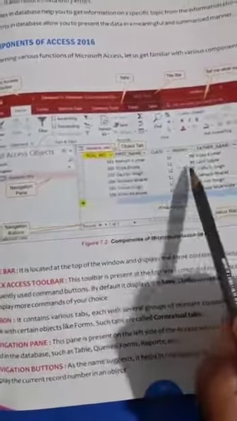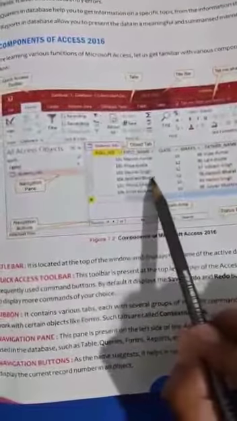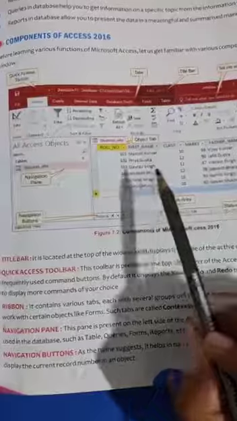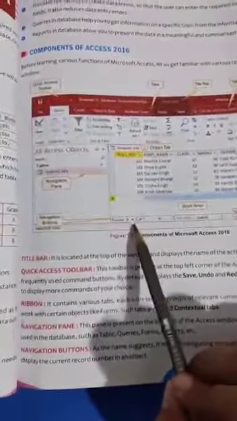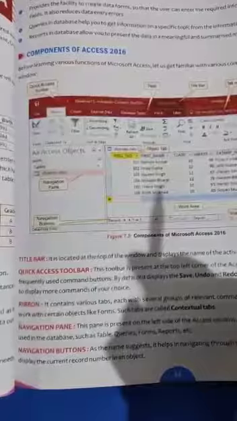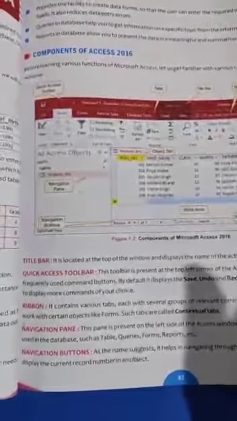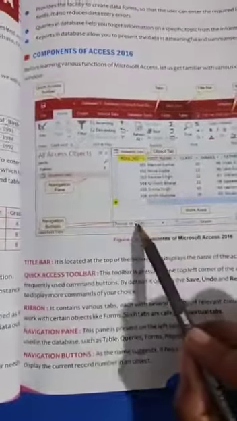जिस भी record पे आपका cursor होगा, जो active record है उसका जो number है वो कहाँ पे display होगा, in the navigation buttons. And you can use these navigation buttons to move to next record, to previous record and to the specified record. जिस भी record पे आप जाना चाहते हो, जिस भी रिकॉर्ड को आप देखना चाहते हो, आप उसका नंबर यहाँ पे लिख सकते हो, वो रिकॉर्ड आपका यहाँ पे हाईलाइट हो जाएगा.